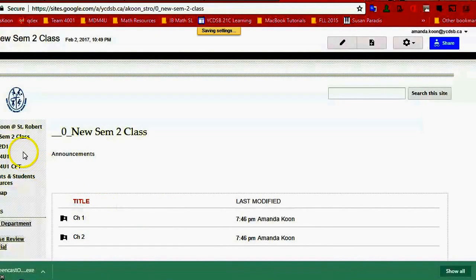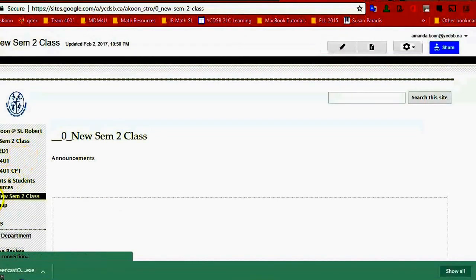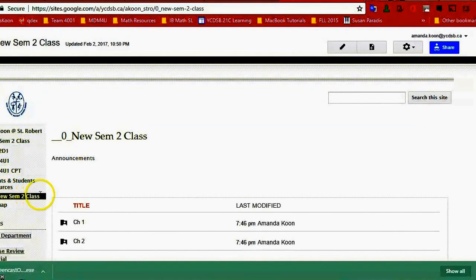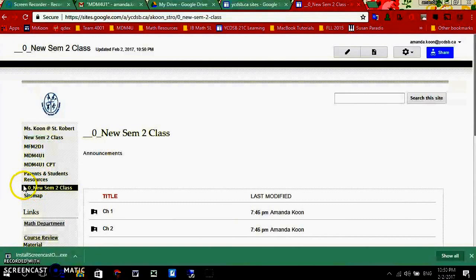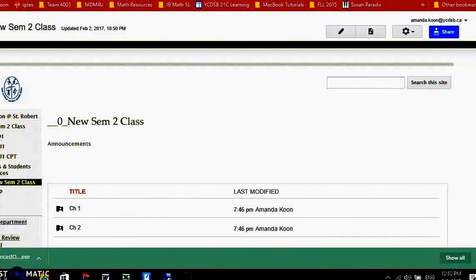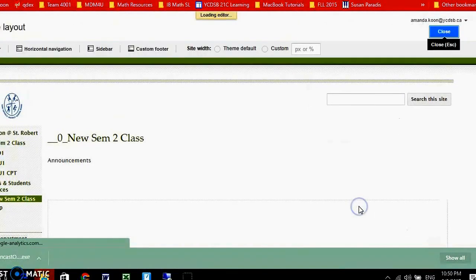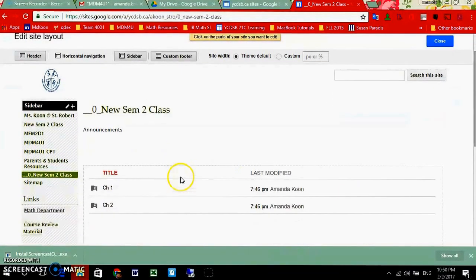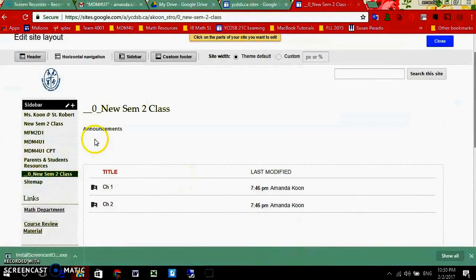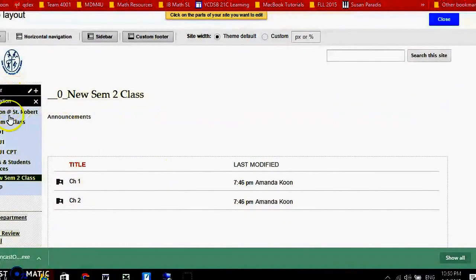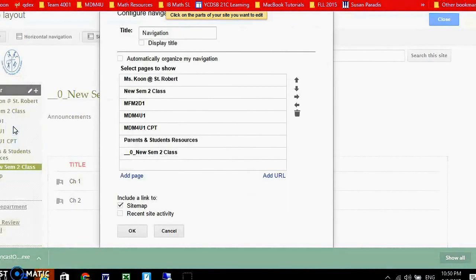Okay, so now you should be able to see this funny name, New Sem2 Class, has been added to the navigation. And you may be wondering, well, I don't like where this is placed. I want it to appear at the top or near the top of this navigation bar. So what can I do? Well, you can go back to the gear on the top right. This time, you have to go to Edit Site Layout. And once you are in, you will see some black bars here. So just click on the navigation menu,